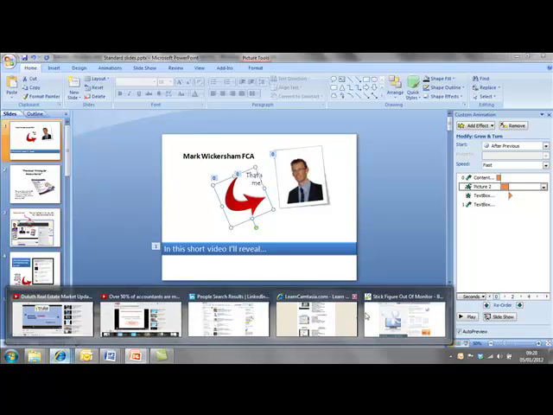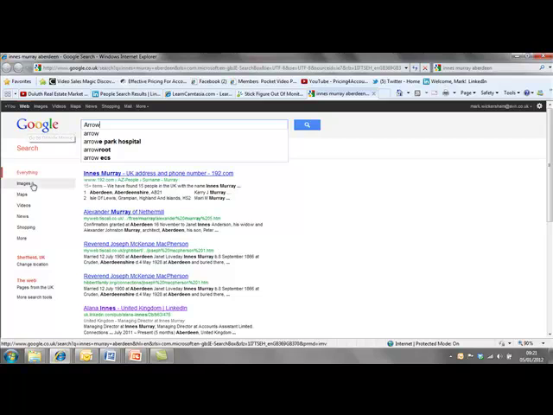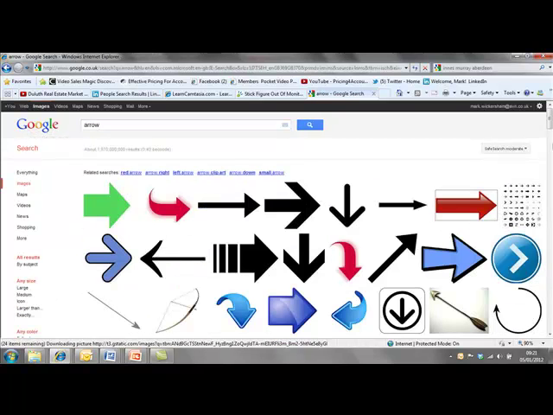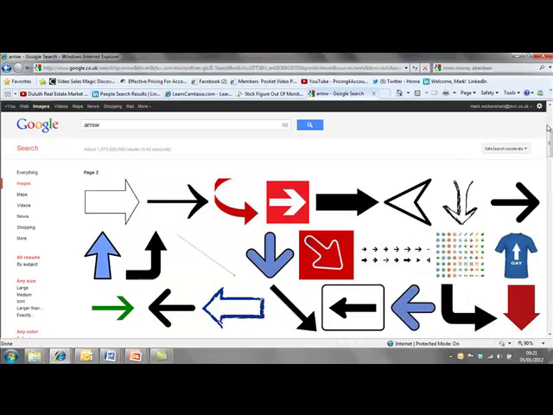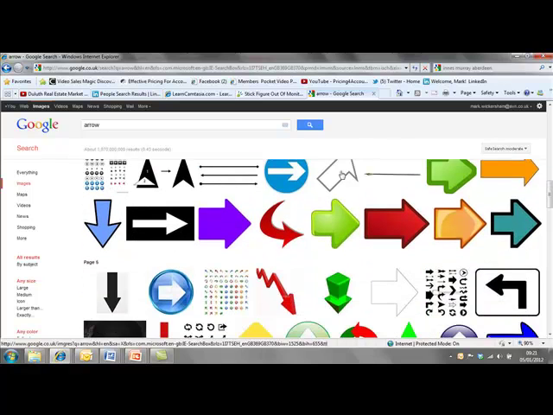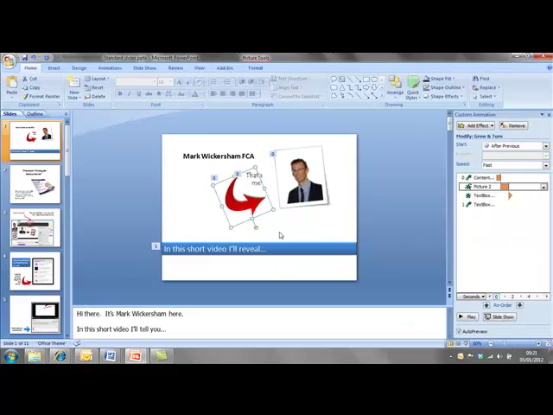If you go to Google, if we type in say arrow and search on images, you'll see somewhere in this list is the arrow I liked here. So I just copy and paste that arrow into the PowerPoint presentation. We can then, once you've copied it in, use this green button here to move the arrow to a different orientation. So I simply swiveled that a little bit,